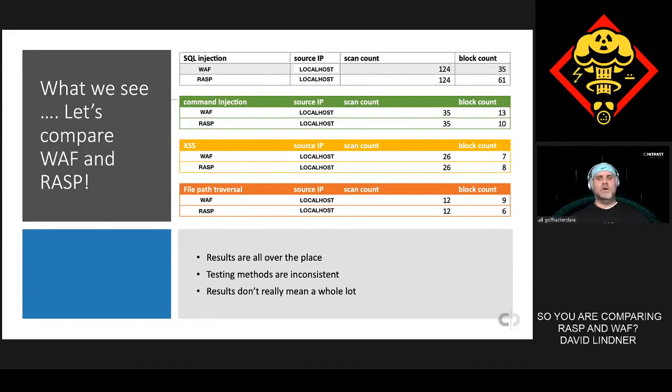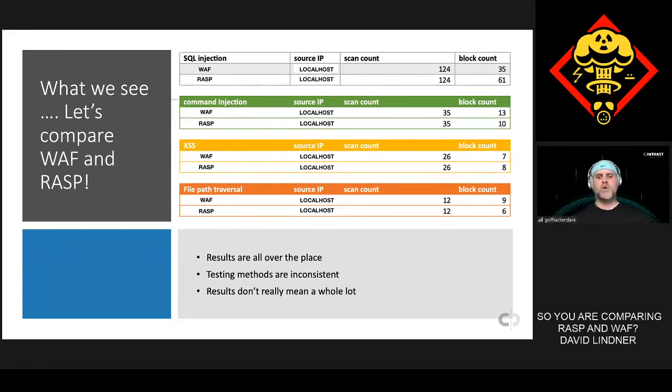Right, so you can take a little bit from this, but for the most part, these results don't really tell me much at all, because it's almost like I'm testing two different systems that do, frankly, two different things, and they're protecting at different levels in an architecture, right? So the results are kind of all over the place, and the testing methods really aren't consistent. Some people, like I said, are just throwing it at a backend that just has an open web port that's just